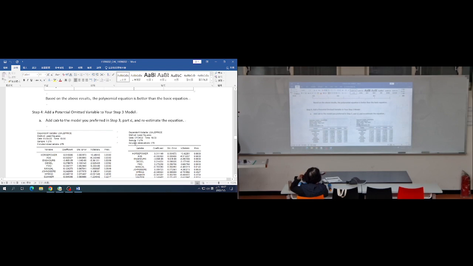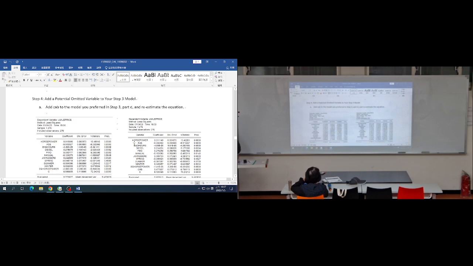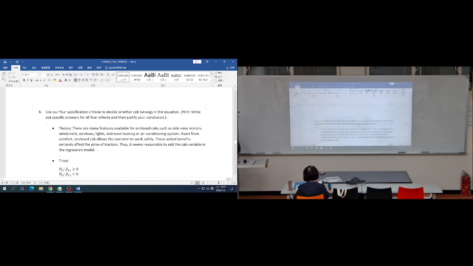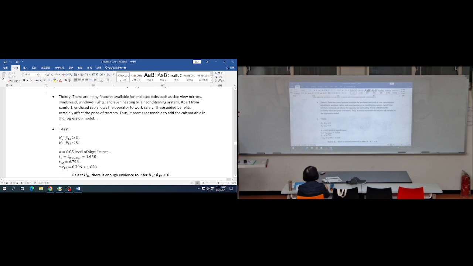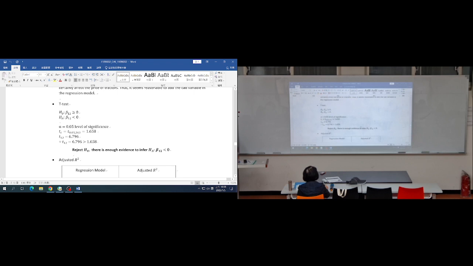For the next step, we add the cab variable. In theory, there's an added benefit if you have an enclosed cab, so it seems reasonable that it would have an effect on the price. It's reasonable to add it in the regression model. So checking for the t-test, we